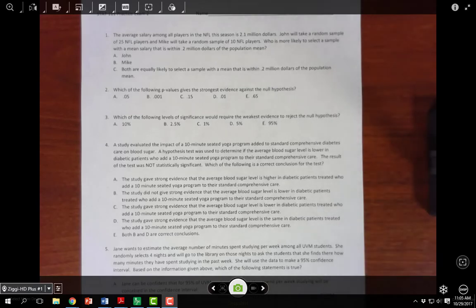So question 1 states, the average salary among all players in the NFL this season was $2.1 million. John will take a random sample of 25 players, and Mike will take a random sample of 10 players. Who is more likely to select a sample with a mean salary that is within $0.2 million of the population